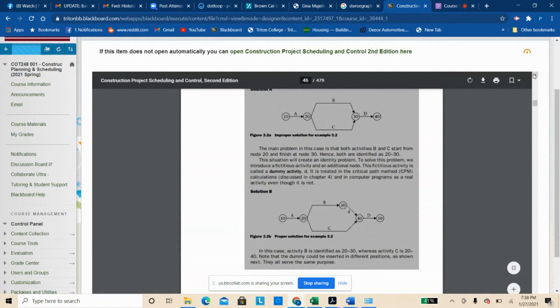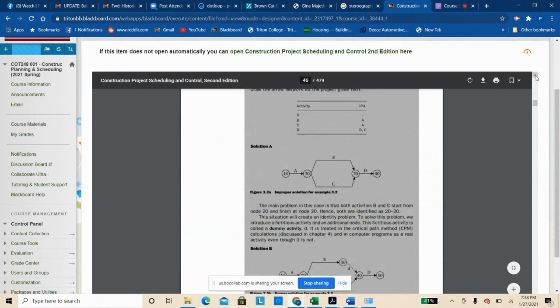So in solution A, you have the precedences right. A has to happen before B and C. That's correct. And then you have the precedence for D, which is correct also. B and C have to happen before D, and in that diagram they both do. But how these are described in the logic flow of it, when you're putting it into a program or